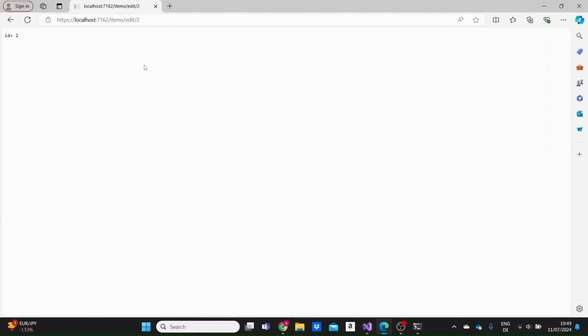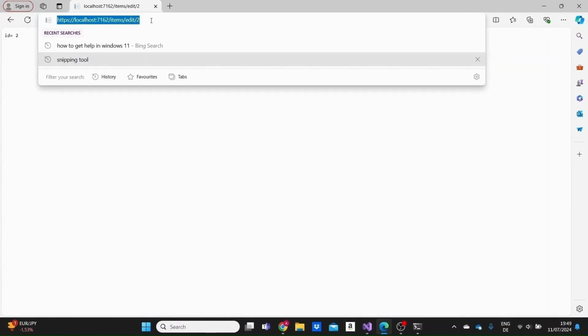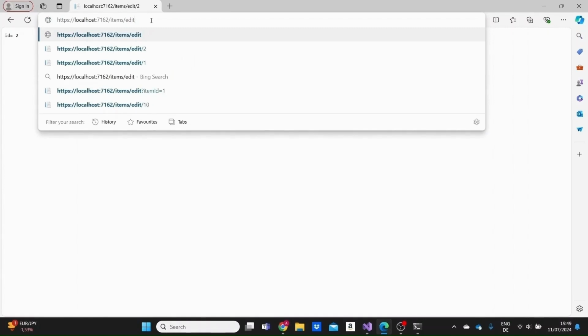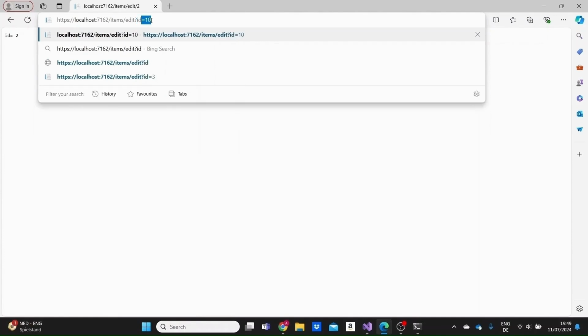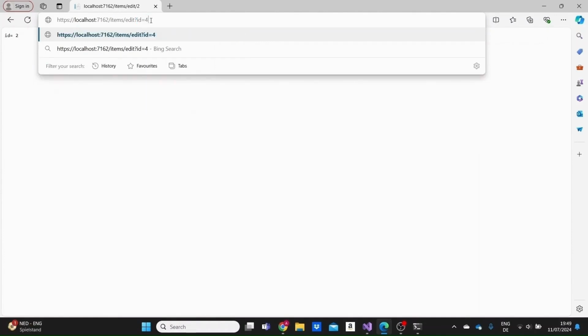Now let's just see how the query string parameters work. So query string parameters are this part in the URL that comes after the question mark, and they are usually used to filter or to sort data actually. Let's just see here how it works. So after the edit part, we'll input here question mark and give the ID the value of, let's say, 4. Click on enter and we can see on the screen that the ID has the value of 4. So the parameter is passed from the query string to our action, and we see here the value of the